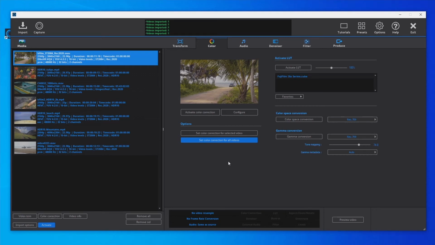converts HDR videos to perfect SDR. When importing the videos, first we must check that the source video has the correct video gamma and color space metadata. In the media list we can check that the gamma and color space of the source videos are correctly